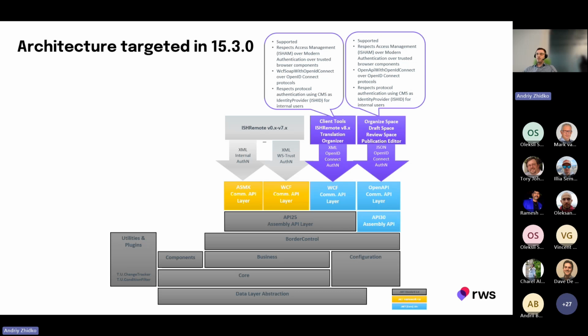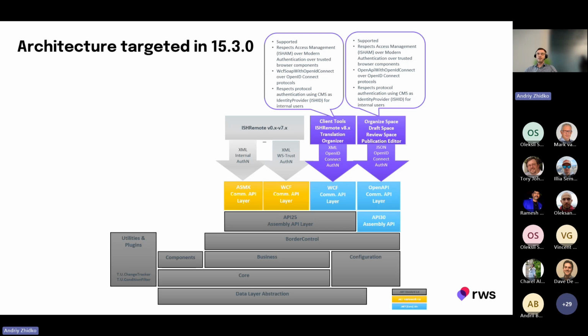In Tridion Docs 15.2, the WCF endpoint with modern authentication was built against .NET full framework, and in 15.3 it is retargeted to .NET 10, and all client tools applications are using it, as well as translation organizer and issue mode